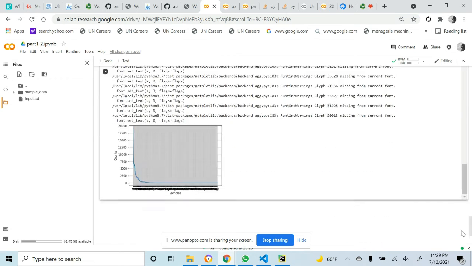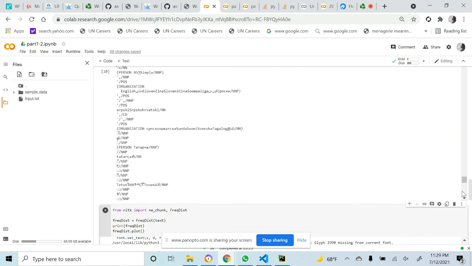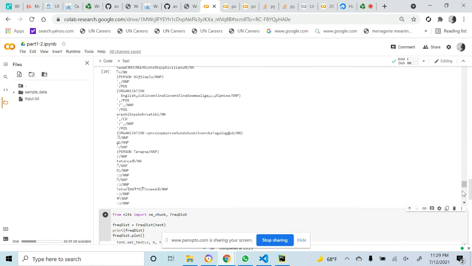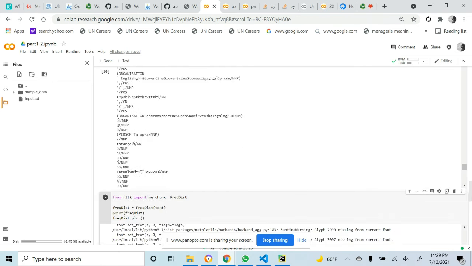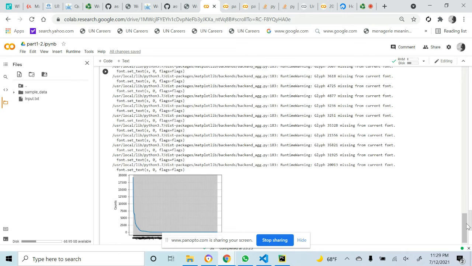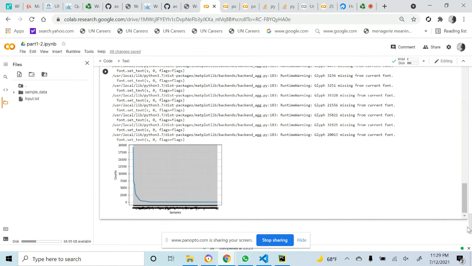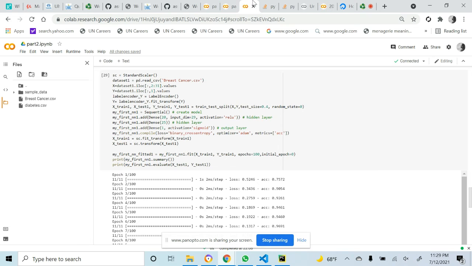And the frequencies of these words are plotted using the frequency distribution library, which is imported from NLTK. You can see the values here. This is the count curve. This is a curve plot. And for the next part two,